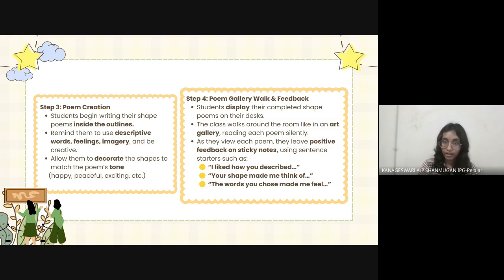This gallery walk encourages peer interaction and allows students to showcase their work in a positive and supportive environment. Giving and receiving feedback is an important skill for both language development and social emotional learning. This stage allows students to practice their communication skills by offering constructive feedback and reflecting on their peers' work. By focusing on positive feedback, like I love how you use the word roots to describe a tree stand, or I like how you arranged your words in the heart shape,